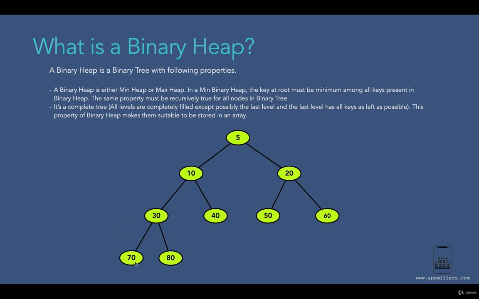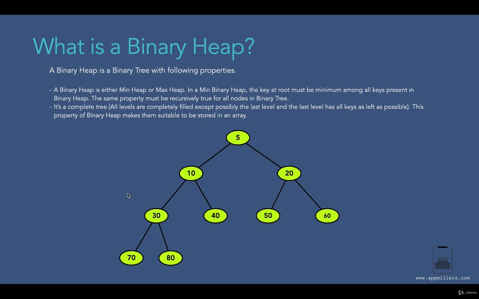Now when we continue to the last level, we see that we have only 2 elements. We can have more elements over here, but these 2 elements are located as left as possible. And because of this property, it becomes an ideal candidate for array implementation. Because in case of fixed size array, we typically want the maximum number of cells to be filled, and we don't want cells to be empty as they occupy space in the memory. Since this is a complete tree, it will ensure that most of the array will be filled. So it's an ideal candidate for array implementation.